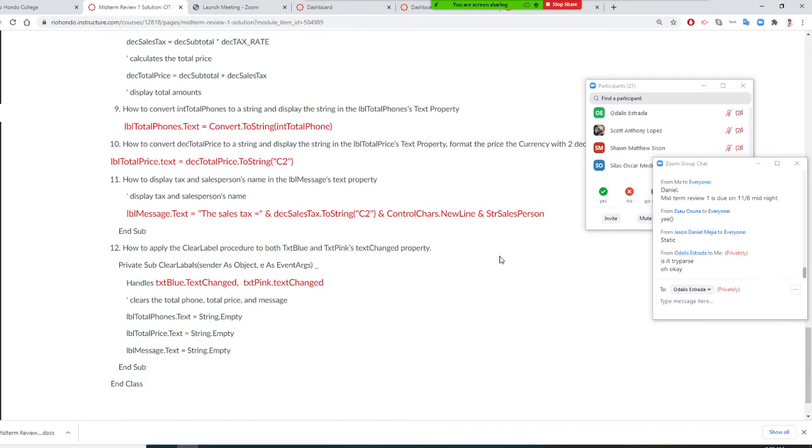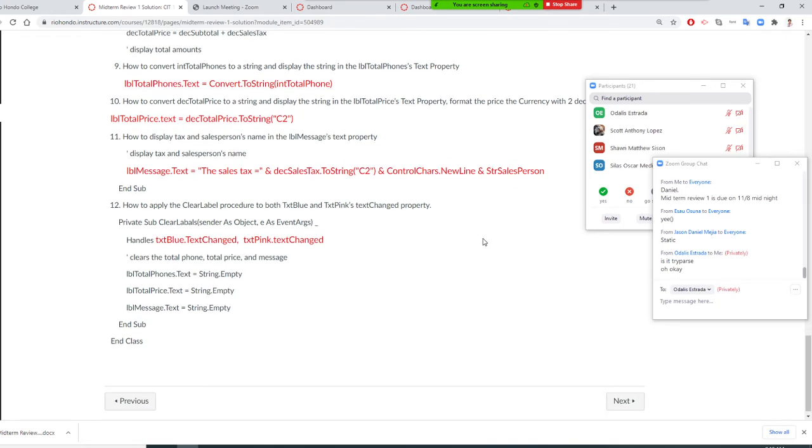Then we'll see in Visual Basic, the string can be concatenated. So we put the salesperson equal and plus. Next will be sales tax, and will be currency. Then control chart new line. Let's go to the next line, like you press enter, and string salesperson's name. All right. Then this is very important. We told you that